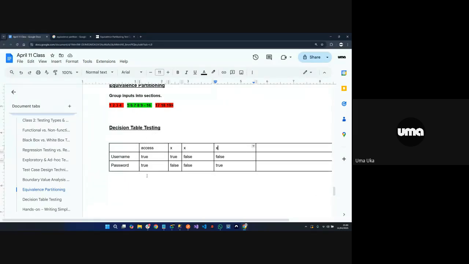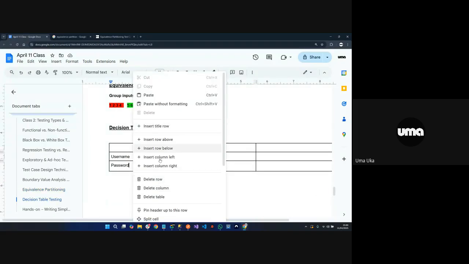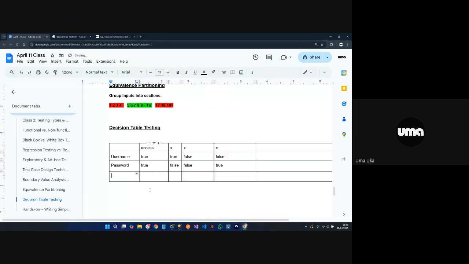Because I don't know if you see what I see, but this is one test case. This is another test case. This and that test case. This is another test case. I see what I'm saying. So in this case,